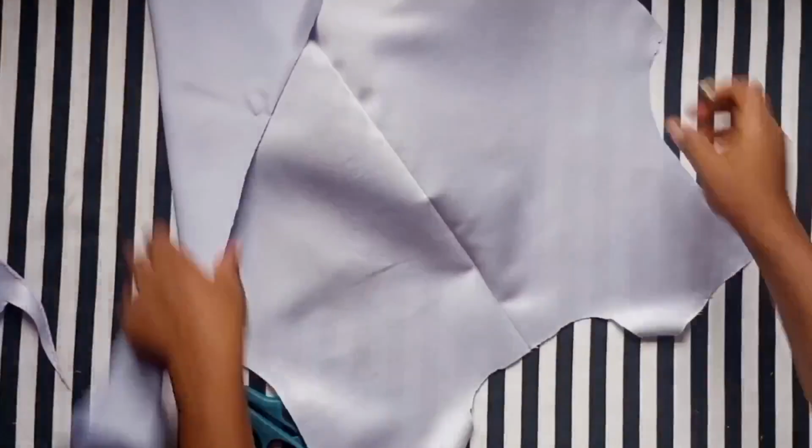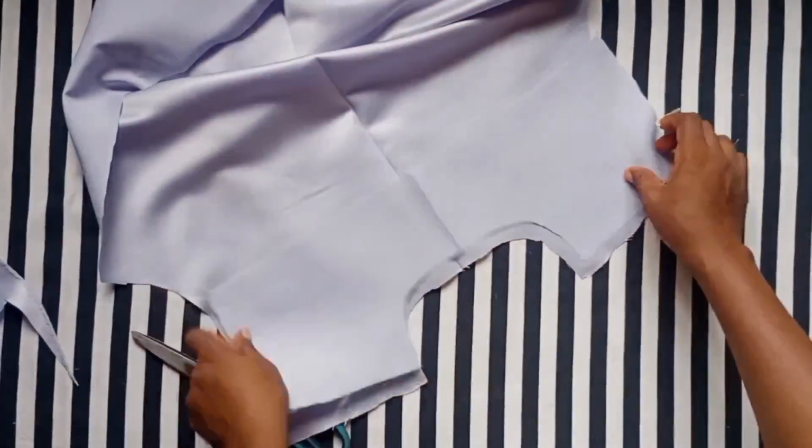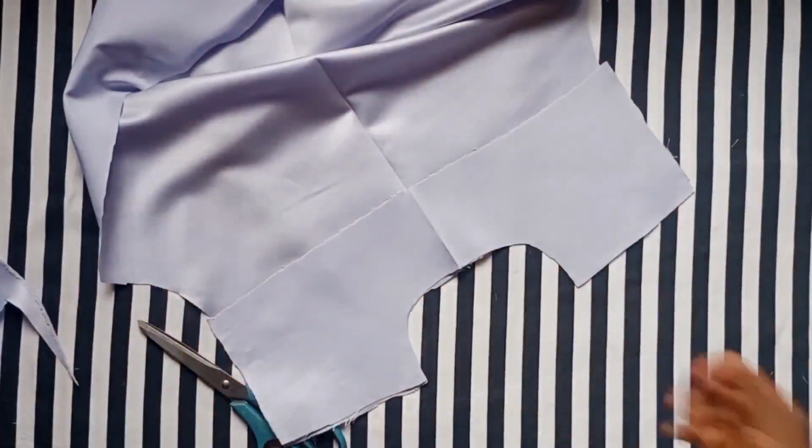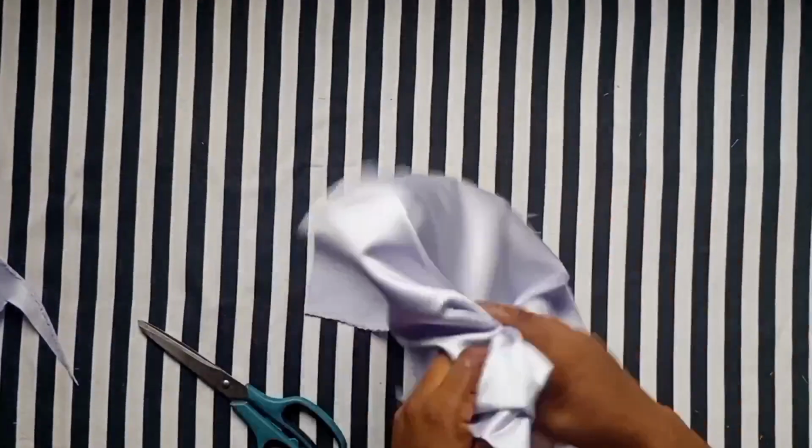So this is it. When I turn my dress open as so, my facing is going to be here and I'll stitch this down and turn it over to the other side. All right, so that is what my facing is going to be doing. So I am going to now go ahead and cut the facing for the back piece just like I did for the front